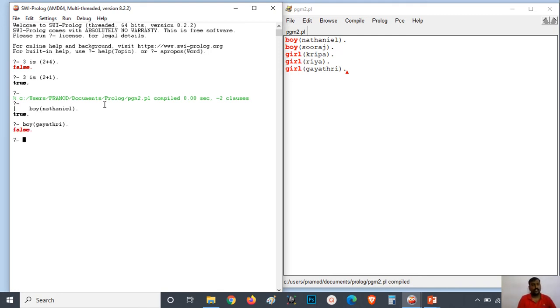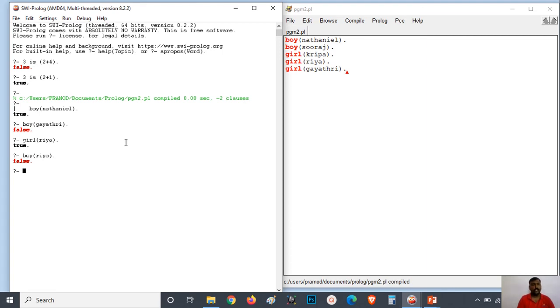False. I am writing girl of Riya. Means is Riya a girl? Yes, it is returning true. Boy of Riya, it is returning false. So we can query or derive inferences from the data that is inputted to the database.